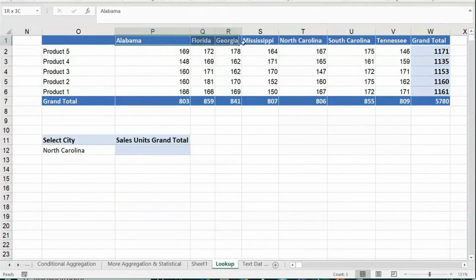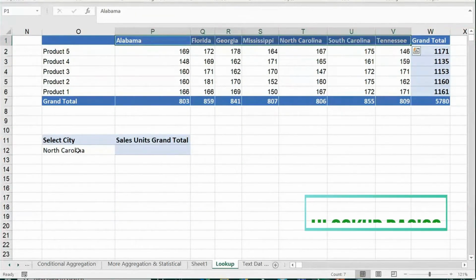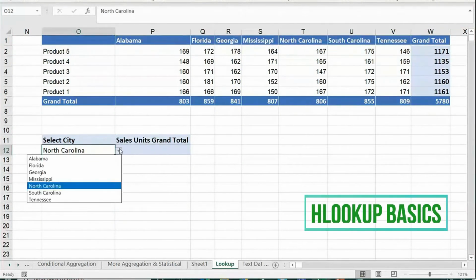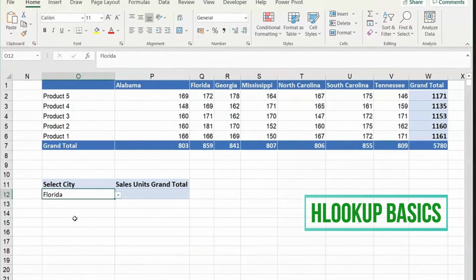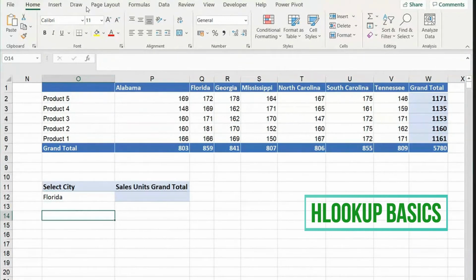If you want to search in a horizontal way, see, I have a requirement, there's a template here, there's a drop-down created with a validation list, correct? I think some of you know how to create this list. If you don't know, just a quick one, I'll not spend more time on it because it's not a part of the agenda. Look at this, I have to just click on a cell.